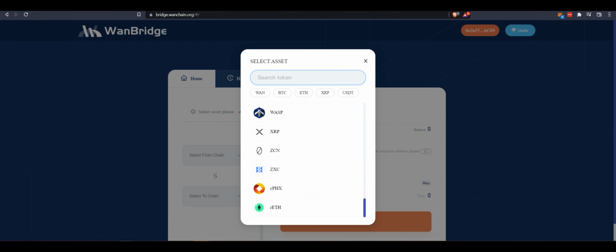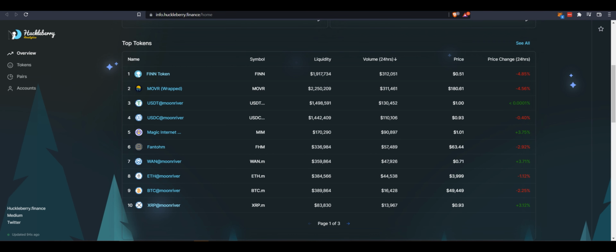So we have all these on the Wanchain web bridge, and a lot of these tokens,